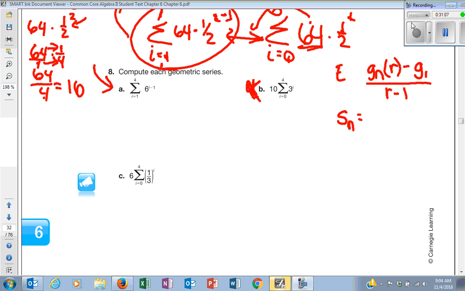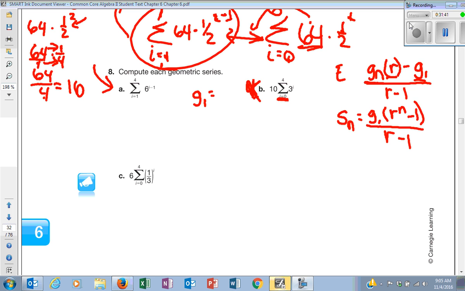The other formula is where you need the first term times the common ratio to the nth power minus 1, and then divide that by the common ratio minus 1. So we're going to do both formulas in here just to see how this works out. So for Euclid's, I need my last, I need my common ratio, I need my first. So let's get that. So my first, my G1, is, remember, I plug in